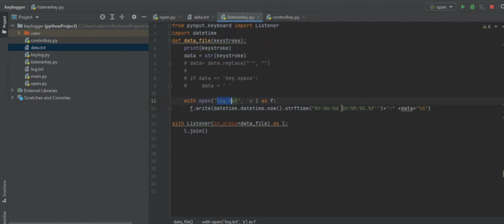this log.txt that I'm making use of the date and time function, and inside this, %y is at which year it is printed, and %m is month, and %d indicates date, like at which month, year and date that keystroke is printed. And this h, m, s and f indicate hours, minutes, seconds and milliseconds. And then I have simply typed in data and then backslash n,